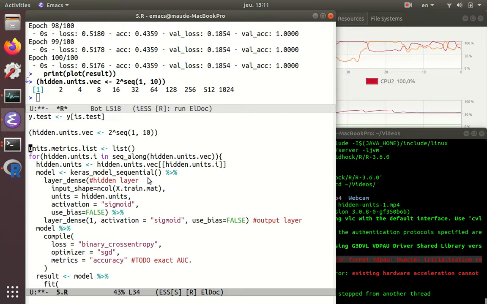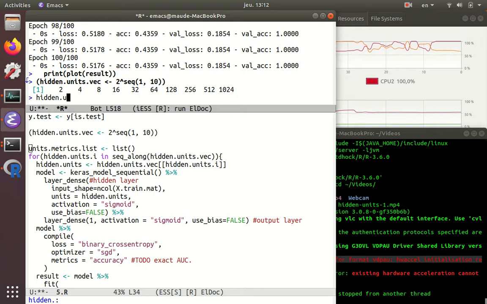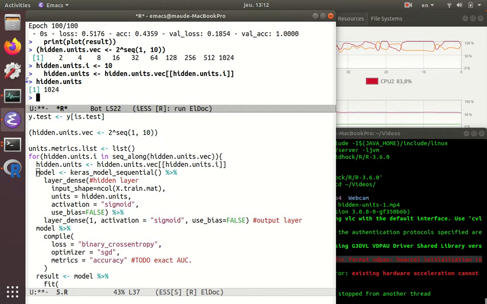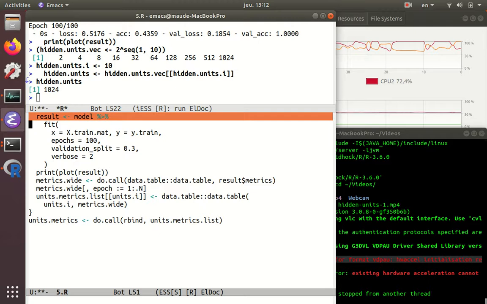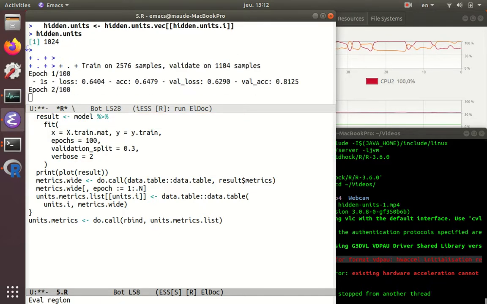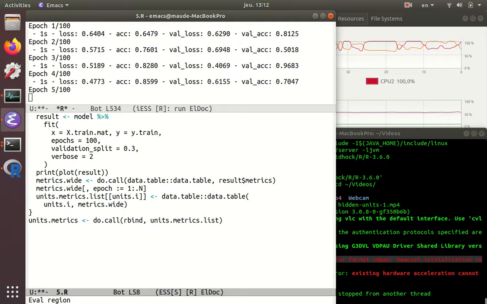We fit the model in the last one with just 2 hidden units, and now let's try one of the other ones. So how about hidden units I equals 10, so this is going to be the last one. Here now the hidden units number is 1024, and so if we do the model fitting again, when we have more hidden units, our model has a greater capacity. It takes a little bit longer to train, but what we're going to see is that